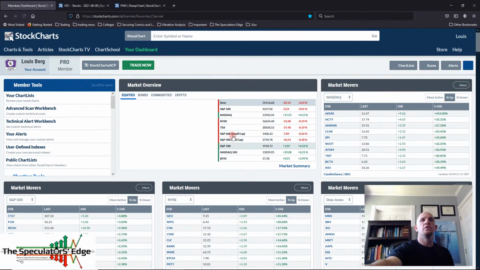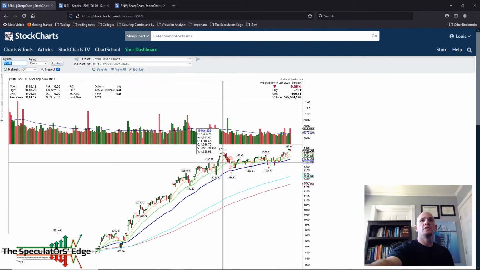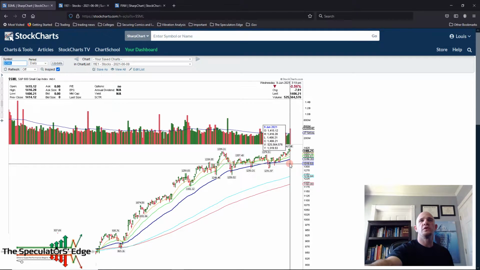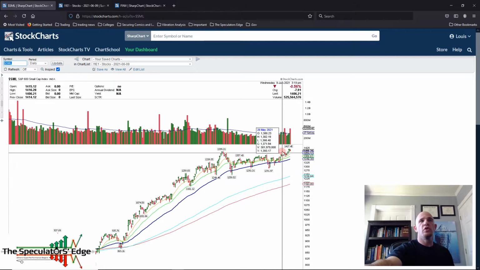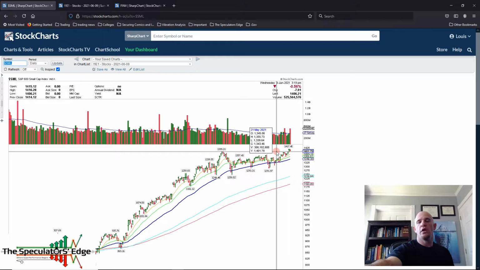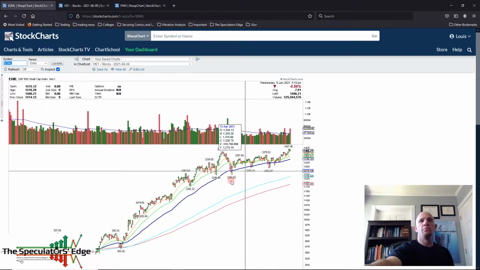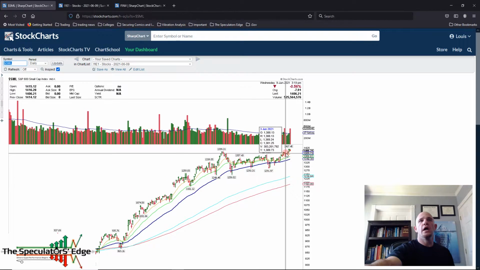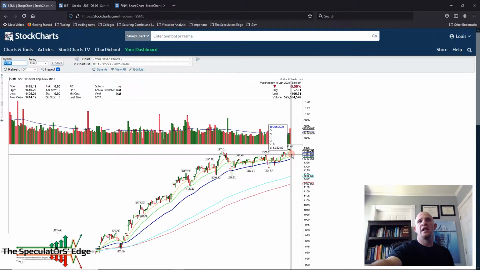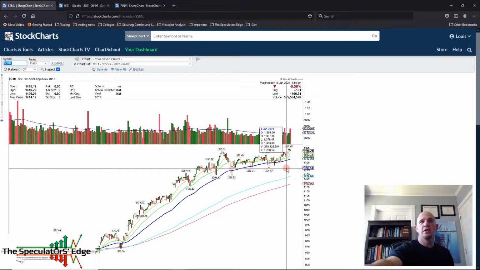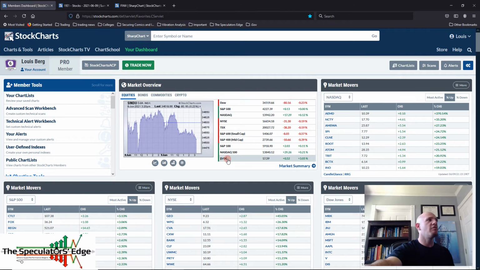Let's see here. Let's go to the small caps. Let's go see what's happening. Today, not so great for the small caps. I've been pounding the table for these small caps the past few days because they've been really good. Not only that, yesterday it broke out to 52-week highs on the chart, which is great, but we're still in a solid uptrend. And if anything, we'll get down to the 10-day moving average. And if it breaks past that, the 20-day moving average, and then the 50-day moving average, and if it drops past that, get ready. We're looking at that $1,291 level. Okay, so let's go look at the VIX real quick and see what's happening with the volatility index.